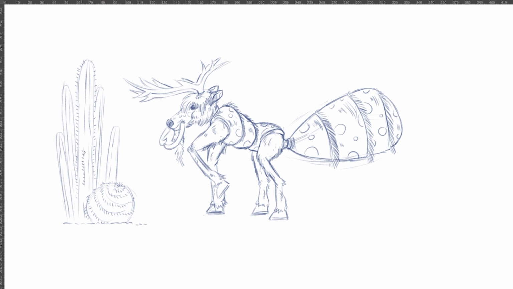Now, if you want, you can draw your character munching on some cactus if you want. So obviously at the moment we've just drawn the character kind of as is. He's not doing too much right now, but you could always maybe add in, you could have him chewing some cactus, or maybe he's got cactus stuck in his antlers. In fact, maybe I'll do that. Maybe I'll stick some cactus in his antlers. That sounds pretty cool actually. Let me just add in